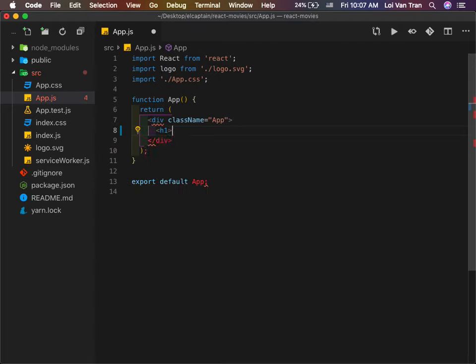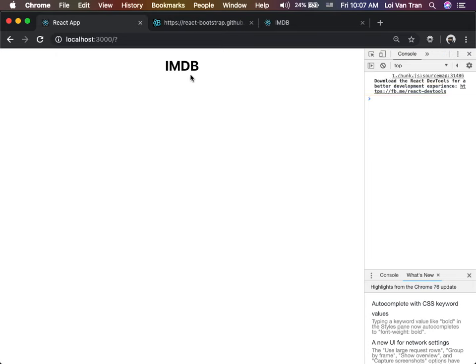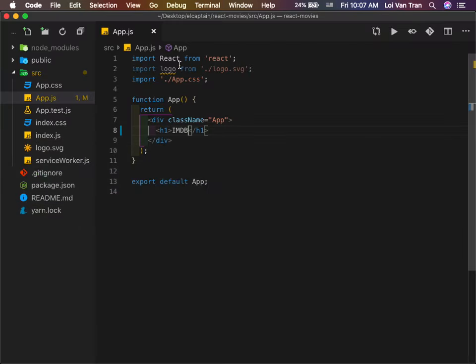I don't know why I always do this. IMDB, we're building an IMDB clone, remember. I refresh, I see the IMDB clone. Okay, so remember,